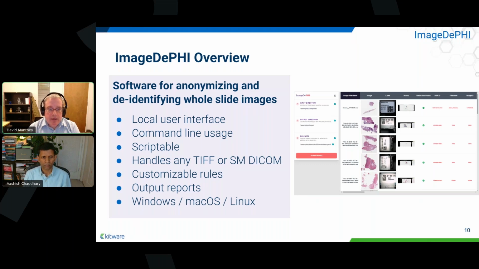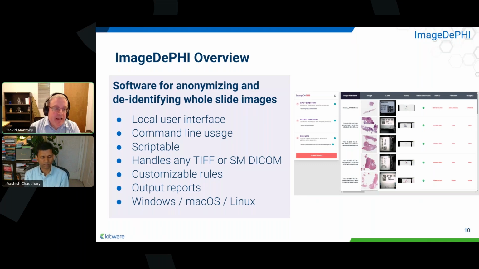By default, it handles any TIFF, SVS, or slide modality DICOM, and I'll go into image formats in quite a bit more detail later. It has customizable rules for those exact reasons I mentioned about dates. We might care about how it's done, or for instance, the macro and label images that you can see here. Incidentally, these are all either samples from mouse tissue with completely fake metadata, or examples from the TCGA, which have already been anonymized. So everything you see here is already anonymized, and any data that looks like PHI here is totally synthetic. It'd be bad form for us to leak PHI while giving a talk about how